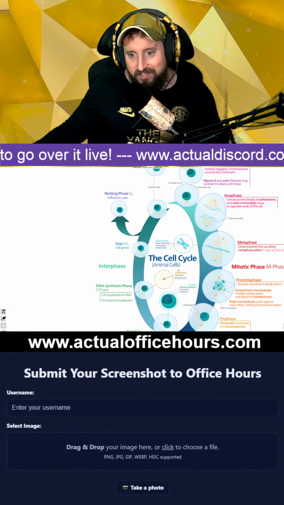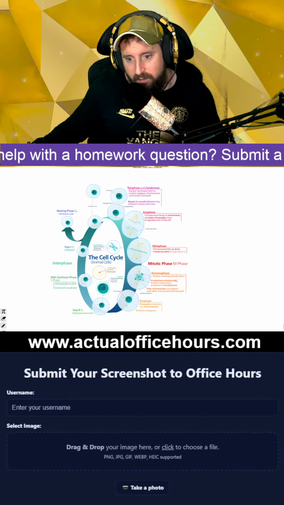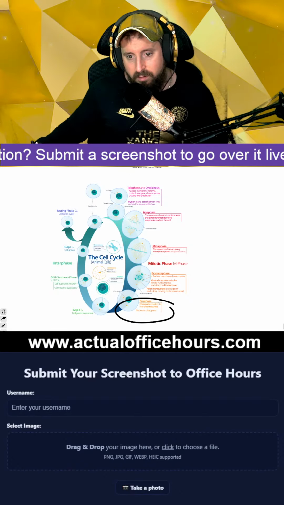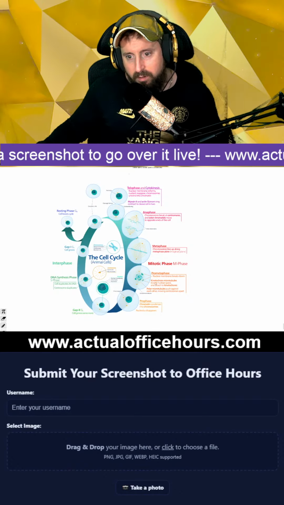I'm sorry. Yeah, this is a good diagram of it. I see that. Nucleolus disappears. And then you have